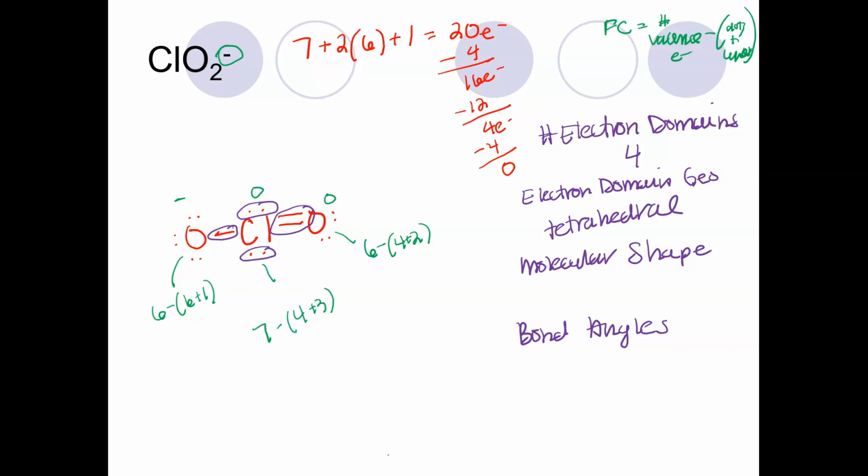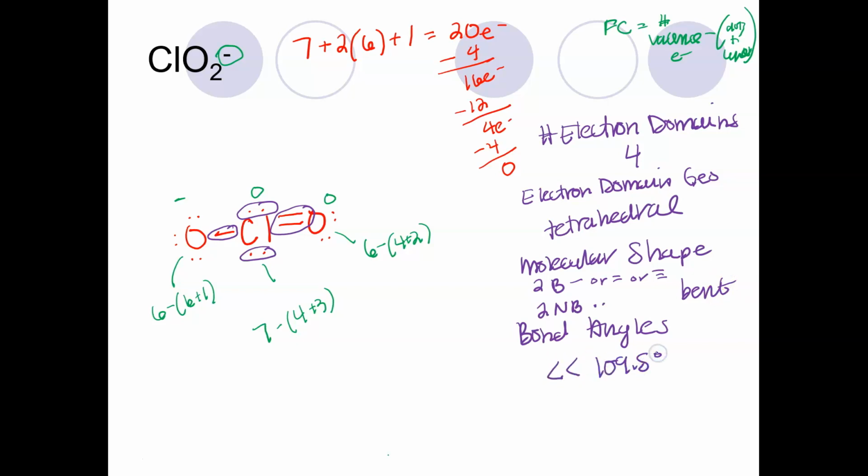Next it says molecular shape. So this is where we need to look at what type of electron domains they are. There are 4 of them. Well, 2 of them are bonding and 2 of them are non-bonding. I know that because bonding ones are either single bonds or double bonds or triple bonds, and non-bonding ones are the sets of dots. So if we look at the scenario, 2 bonding and 2 lone pairs, which are non-bonding, it says the molecular shape is bent. Okay. And the bond angles, it says less than